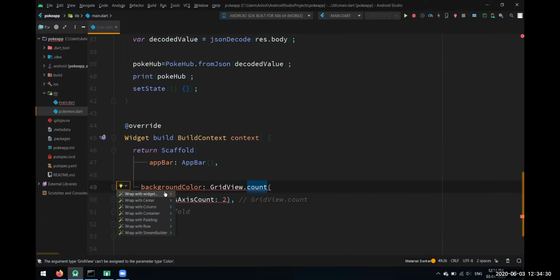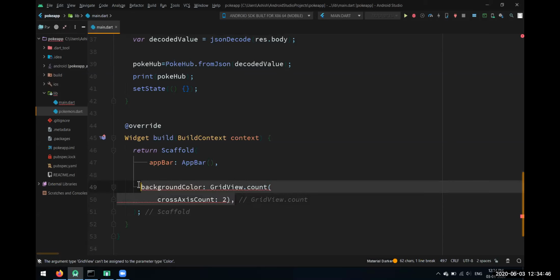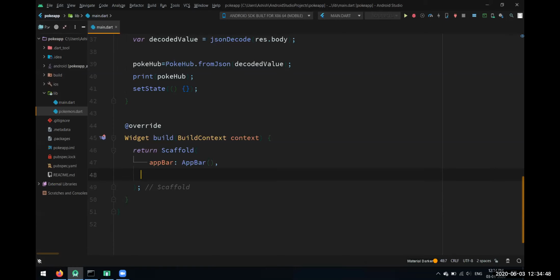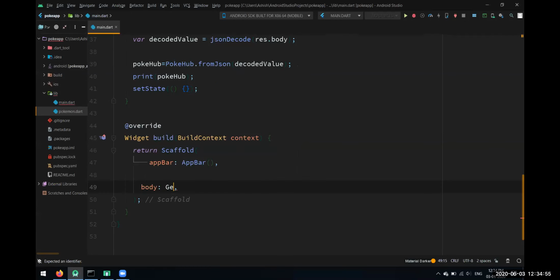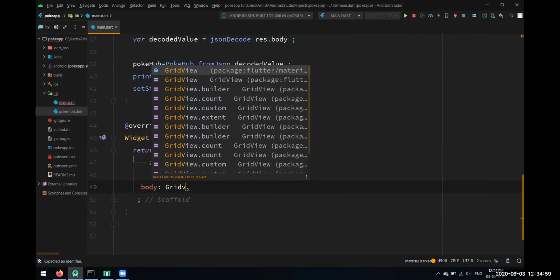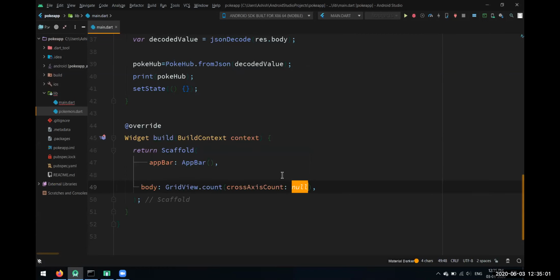GridView dot count is not a widget. Sorry, I just assigned it to the background color. I have to give it to the body property of that Scaffold. We'll use this body property, and here we'll use GridView dot count. Now it is fine.